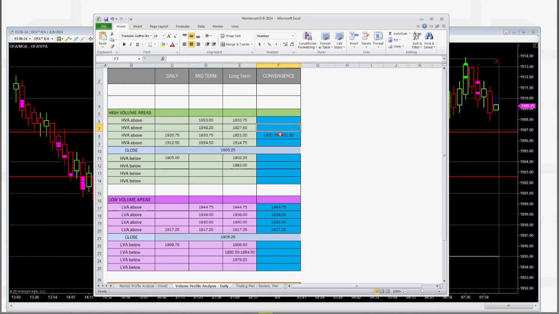And now what I'm looking for this morning, if price starts moving up, my expectation is that in the current day's volume profile, we would start to see rotation around this range, and we would start to see the profile show volume. If that doesn't happen, and the volume in the volume profile becomes very thin up to this level, and price starts moving back down off of that level, then I start looking at the next low volume area